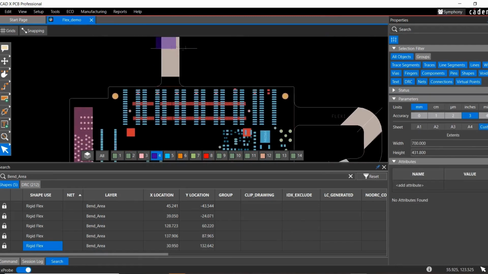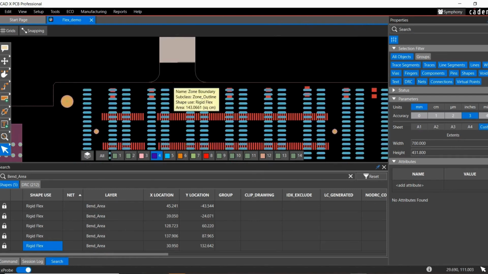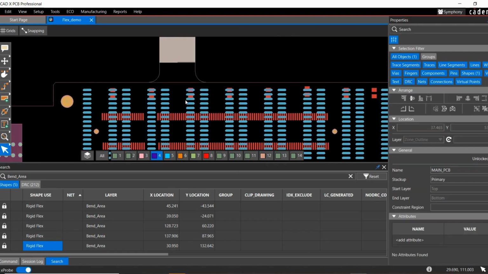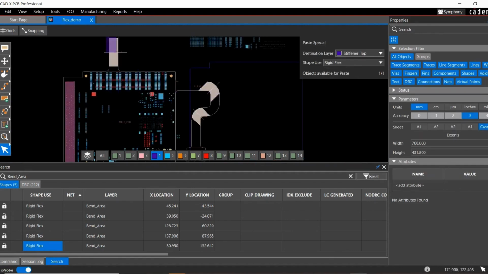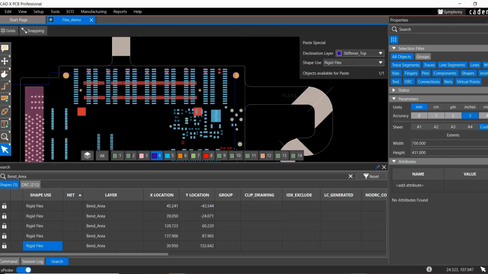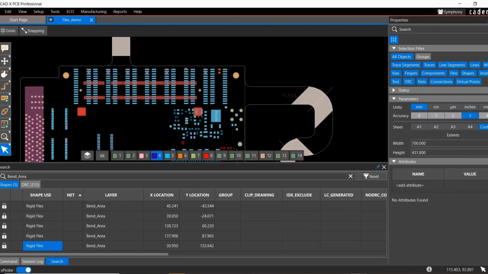Another option you can do is, if the shape that you want to put in is based on some existing shape that's already in the database, you can use the paste special command. So for example, let's say you have this zone boundary. You can select that zone boundary and do a copy, and then choose paste special. Now you have an exact copy of that boundary on your cursor, and now you can change it to something else. So you could say, I want to change what I just copied to a stiffener top on that rigid flex layer, and then you could paste that down, and now you've copied that. So you can effectively do that paste special with any shape in the design. You could copy the whole design outline and copy it and change